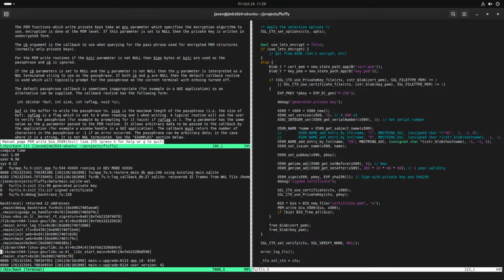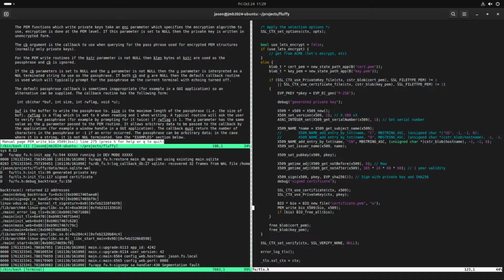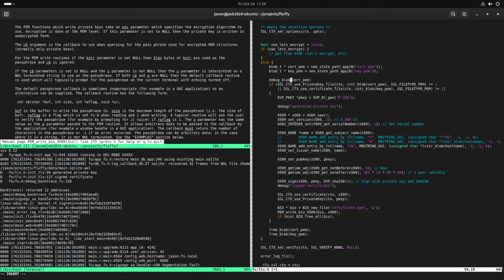It's probably because one of those things failed. So it attempted to do these. I do want to like, I don't know. Those are likely correct, but